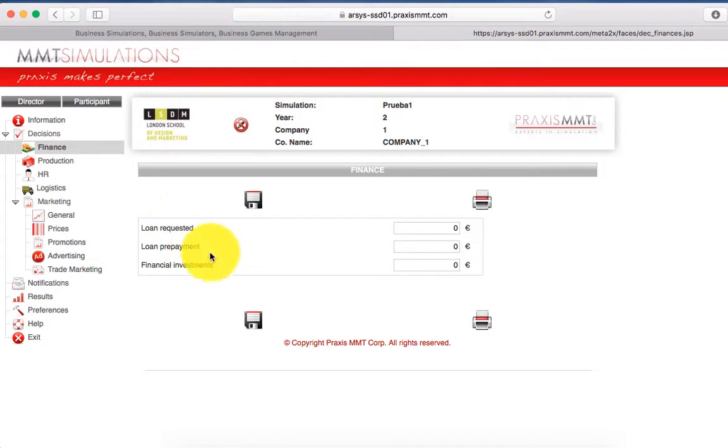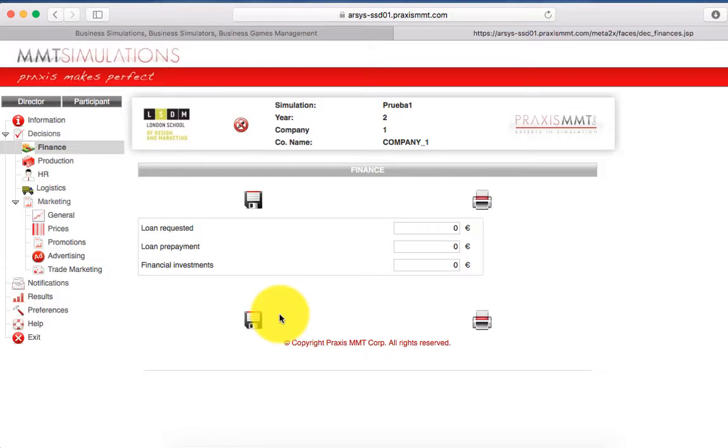And the final menu is about finance. As you can see, there are three decisions that we need to take. As you already noticed, this simulator is focused on marketing decisions. We are in a marketing program, so we focus the decisions on marketing, but of course we want to give you a different experience through the function of marketing and the conjunction of these decisions with the other areas of the company.